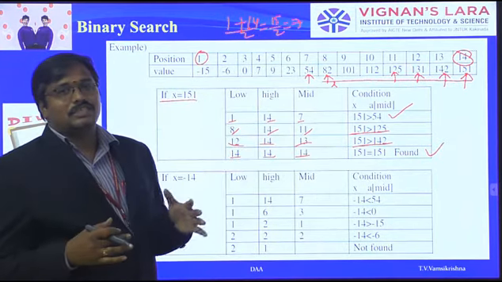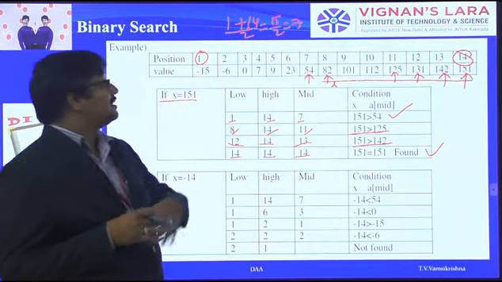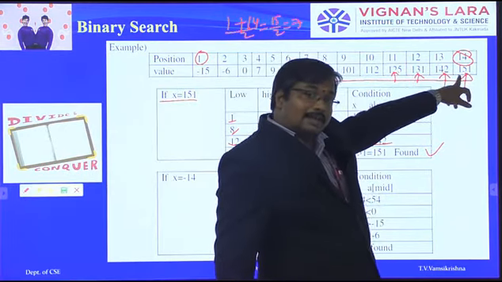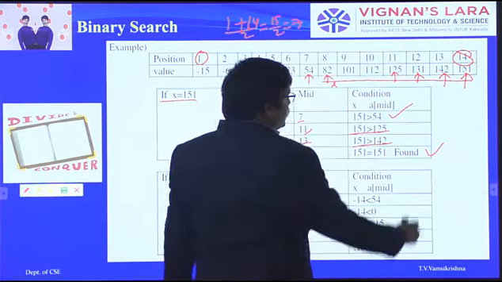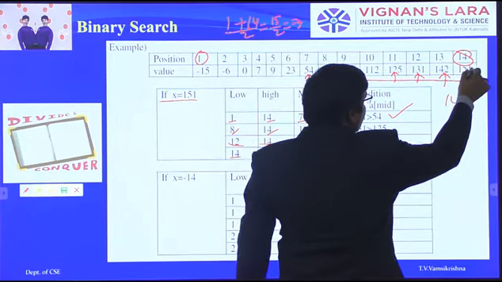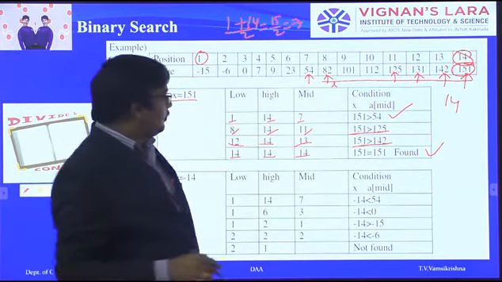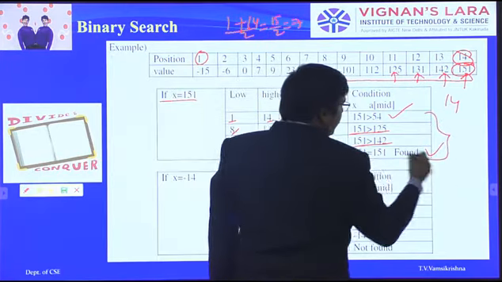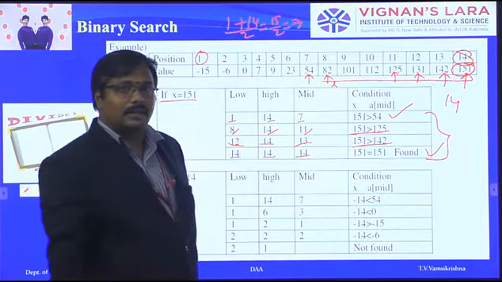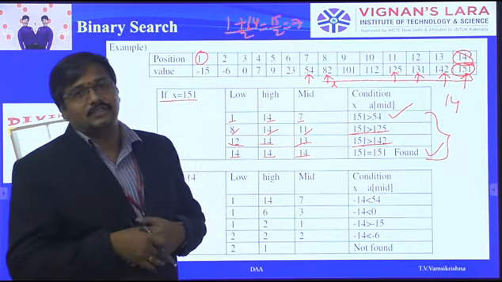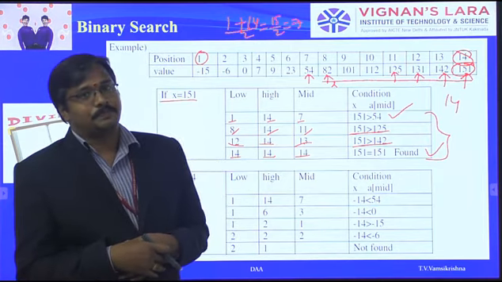So this is the binary search technique. Here, to check 151, actually the last element, in the linear search technique, 14 comparisons are required to check whether the 151 element is present or not. But here, with only 4 comparisons, we are finding whether 151 is present or not. That's why the time complexity is reduced.